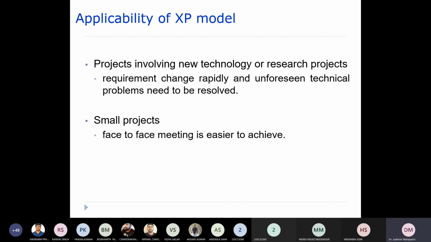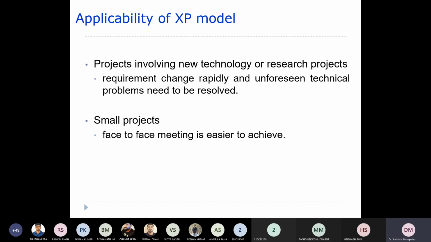Now the other one here is small projects, because as I told you, here mostly we execute the project through the development team, where the members have face-to-face meetings or communications. If it is a very small project, it is much easier for us because these meetings can be conducted. If it is a large project, then I told you you should arrange some sort of video conferencing.